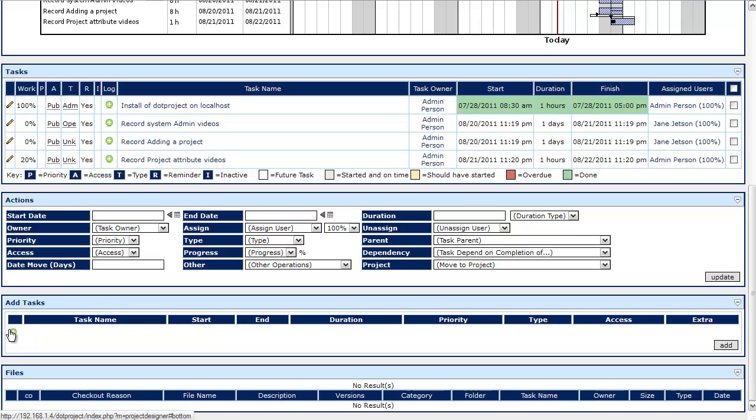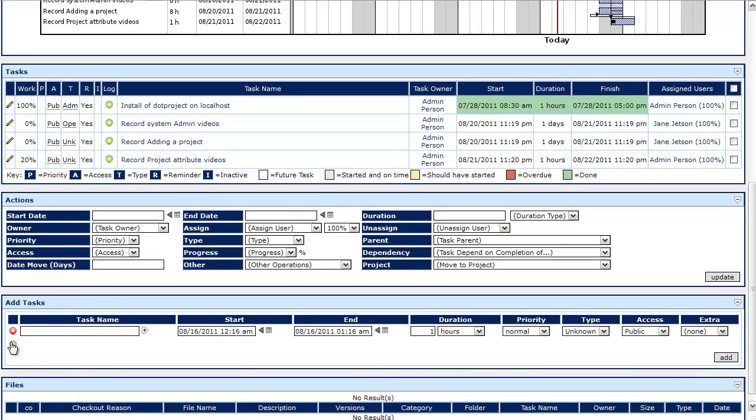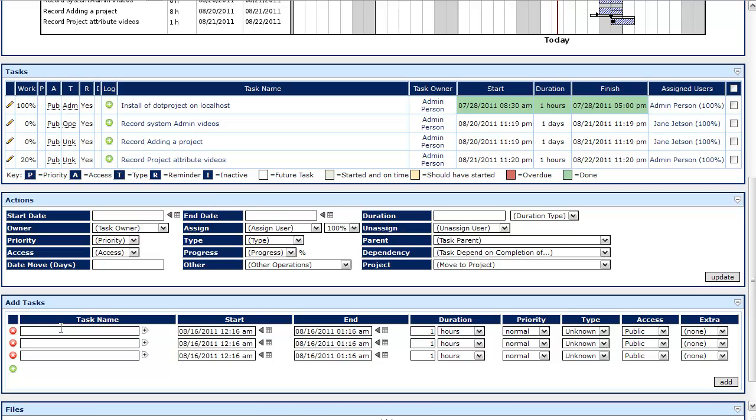So let's start with adding a few tasks. Now what's great is that right off the bat I can say that I'm going to add 3 tasks and go ahead and click those in, and I'm just going to do something arbitrary like add patches to server 3, move e-commerce site to server 3, and finally we'll do acceptance testing,